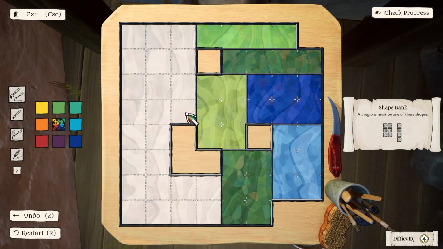Well, okay, so this can't be a 2x3. No, it can. It can be a 2x3. In fact, it's going to be a 2x3. Is it? Hold on. No, it's not. It's not going to be a 2x3. But we're not going to use that information. I was going to say it can't be a 2x3 that way, which is true. But it could be a 2x3 that way. But if it is,